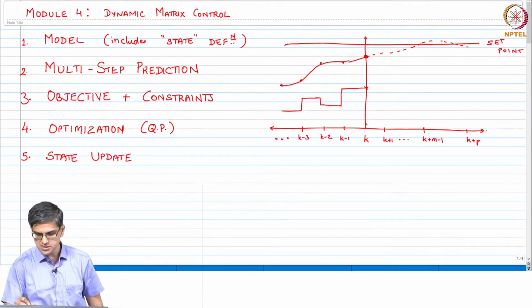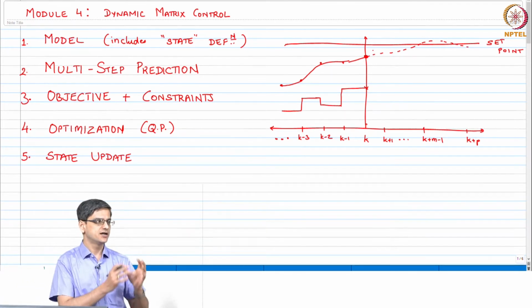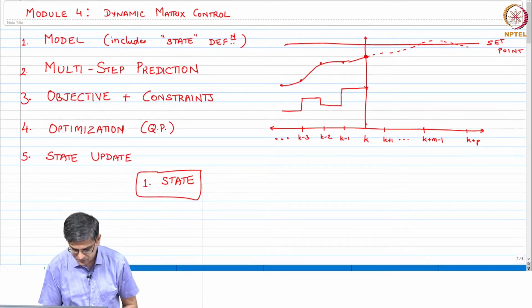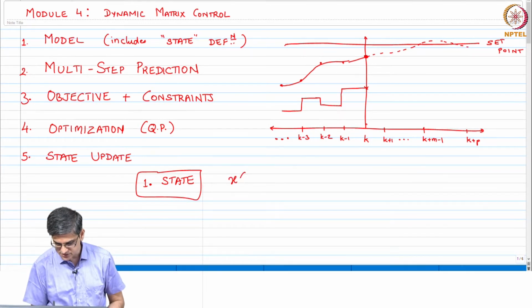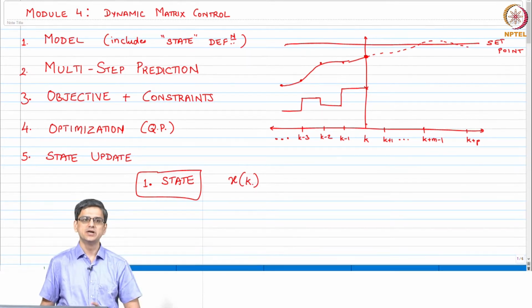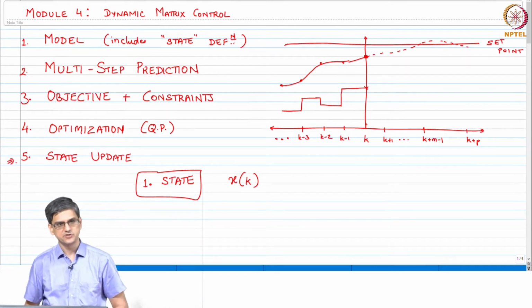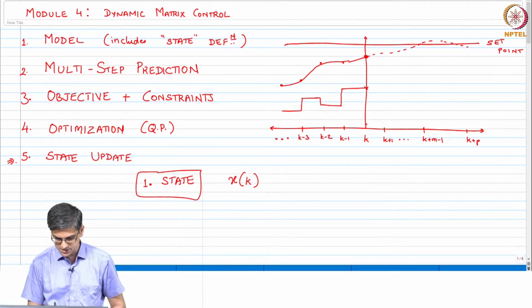So we have reached this stage where we have all the information that is required in the form of our state definition. That is the first item. Based on the state definition, if it is a state space model, you have the state xk that has somehow been determined. How that would be updated and determined, we will talk about in the last step, step number 5. But let us say that somehow this particular state has been determined in a state space model.